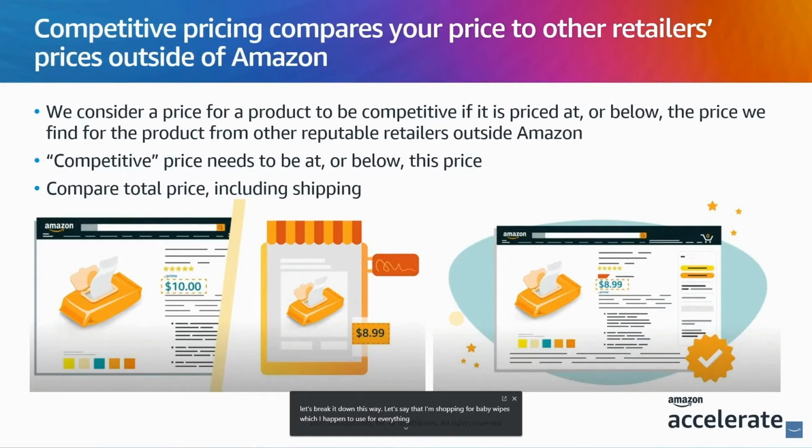And let's say the price available from a different retailer outside Amazon is $8.99. If I search for the same wipes on Amazon and they are priced at $10, we consider that price to be uncompetitive. For the product to be competitively priced, it would have needed to be priced at $8.99 or below on Amazon. In fact, we consider a price to be uncompetitive even if it is 1 cent above